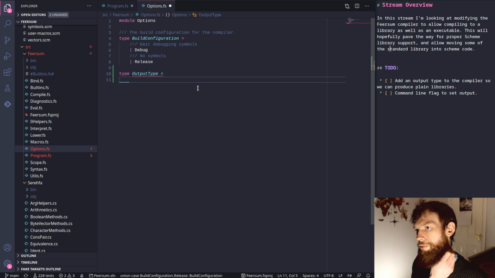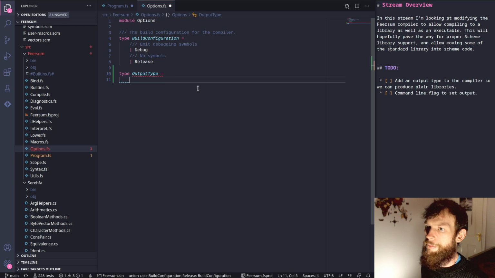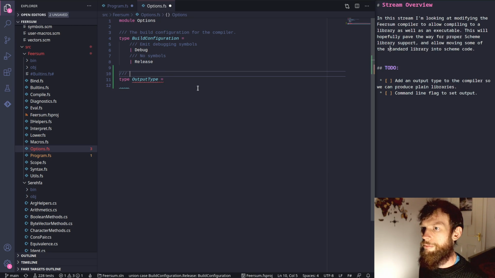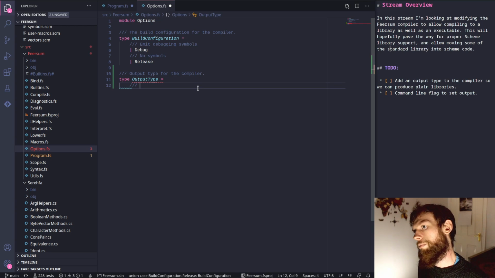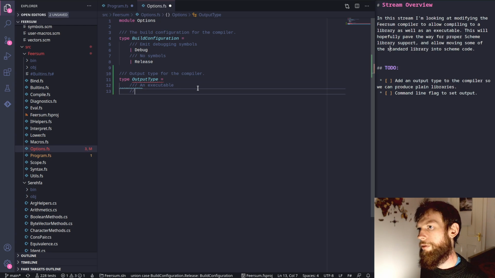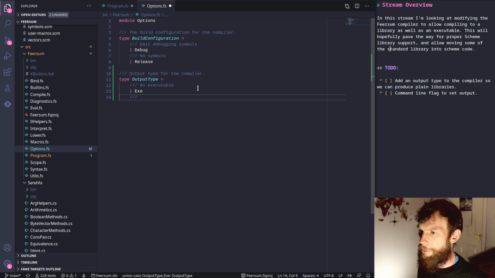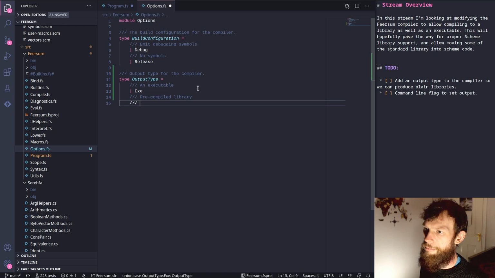So the types that we support already is an executable, the ones we're going to add are library, and